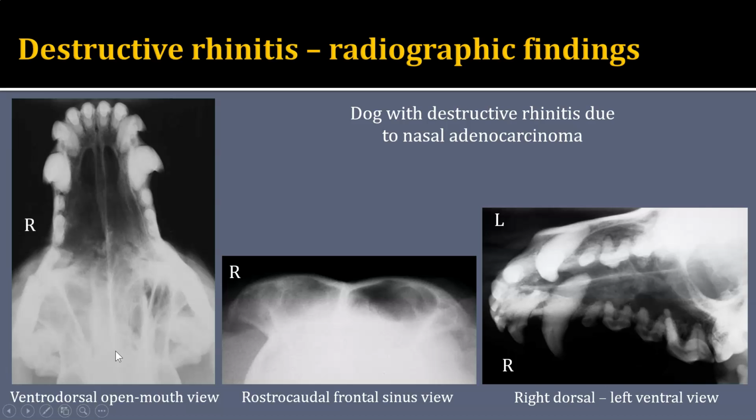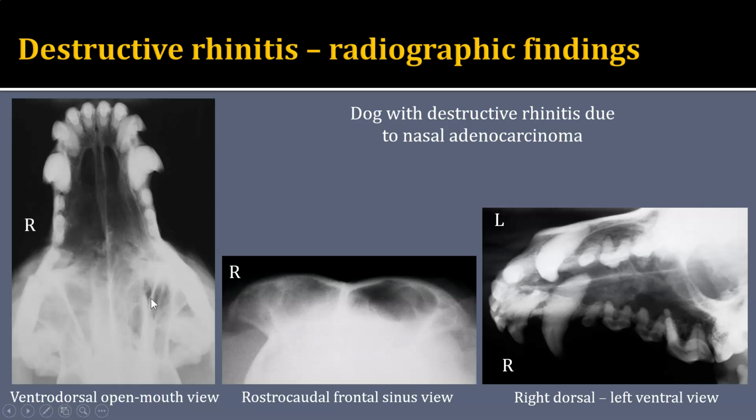And so this soft tissue opacity is caused by a mass that also has associated lysis. This patient actually has a large geographic area of lysis in the nasal turbinate, which would be more the soft tissue area, but that's all lucent there just because the palatine and probably part of the maxillary bone is just lysed away. Notice on the left, I can see the faint lines of the soft tissue